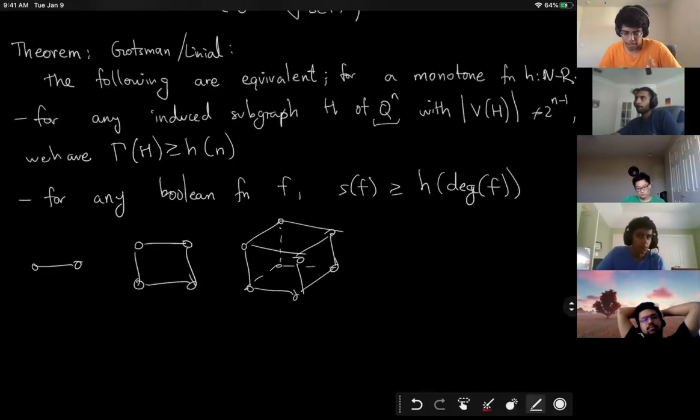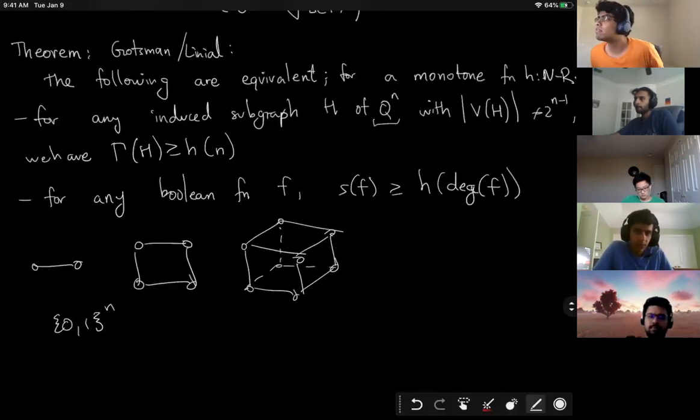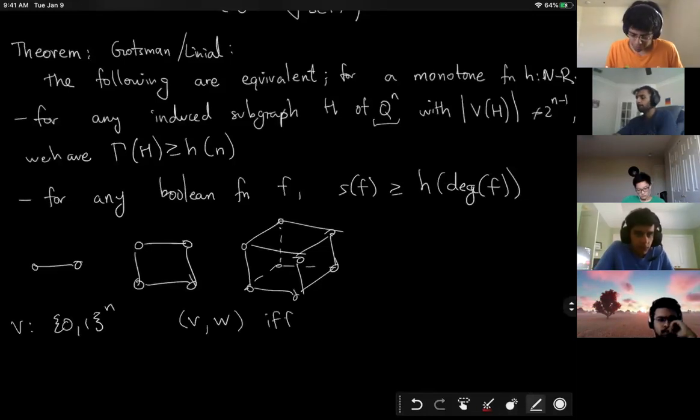So this is the hypercube. The way it's defined is you have all the vertices in {0,1}^n. I don't actually know how it's defined, but this is one way of defining it. So {0,1}^n are the vertices, and v and w are connected if